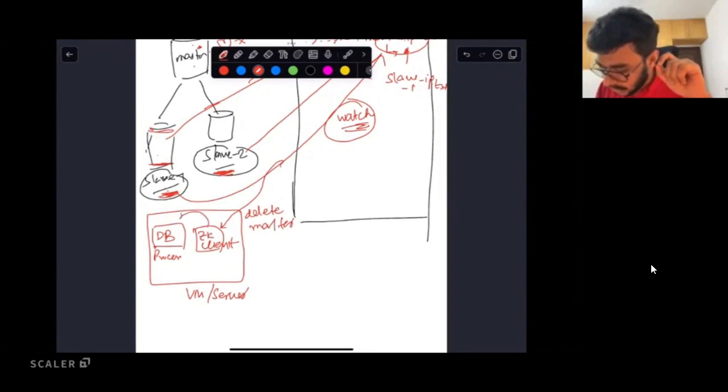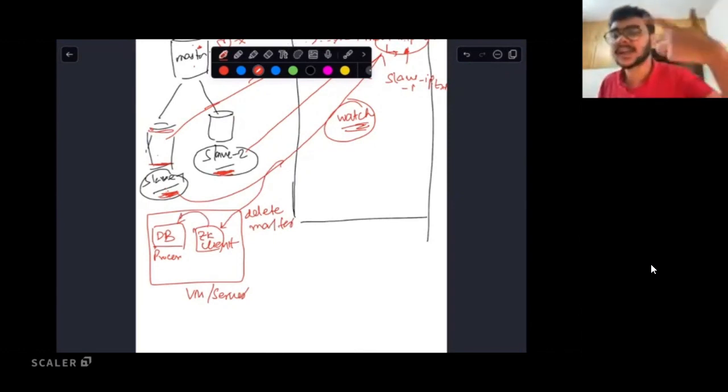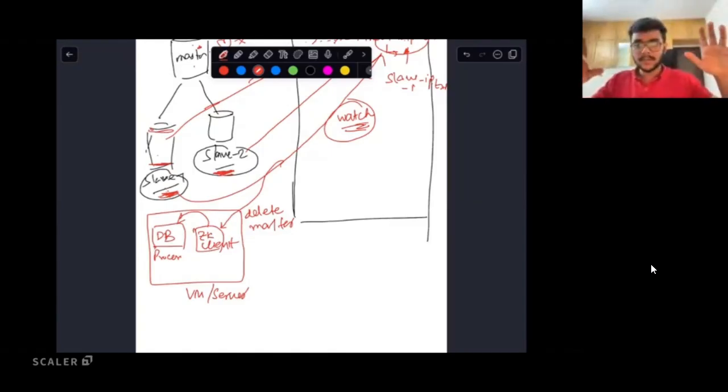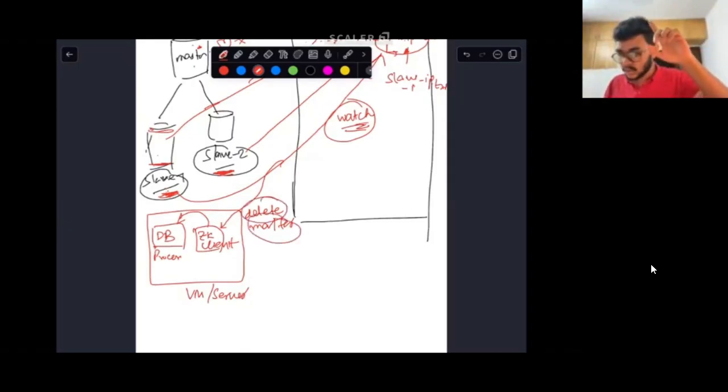Now it needs to tell the database process, please begin the leader election process. Is this point first of all clear to everyone? As soon as you get the delete event, the Zookeeper client will tell the database process, which is also running in the same VM, the same server, to start a leader election process.